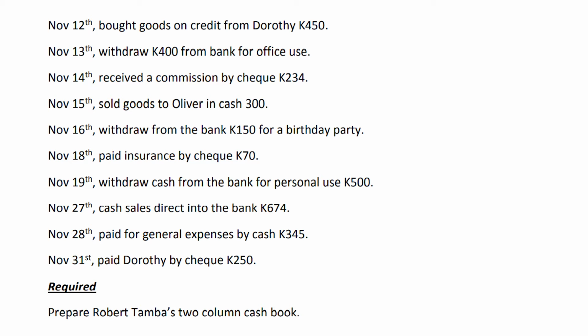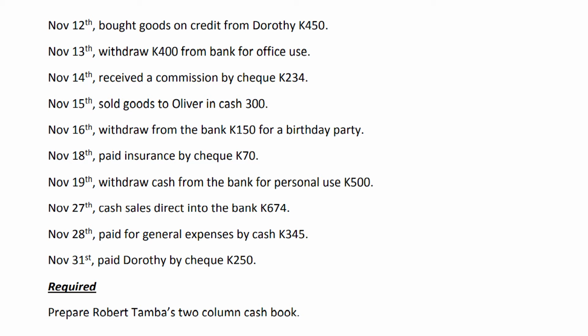Then on the 18th of November, paid insurance by check amounting to 70 kwacha. On the 19th of November, withdrew cash from the bank for personal use amounting to 500 kwacha. On the 27th of November, cash sales direct into the bank amounting to 674 kwacha. Then on the 28th of November, paid for general expenses by cash amounting to 345 kwacha. On the 31st of November, paid Dorothy by check amounting to 250 kwacha. So these are the transactions that occurred in the month of November